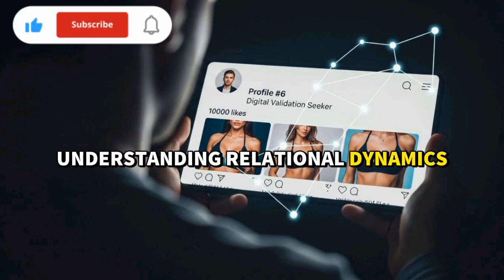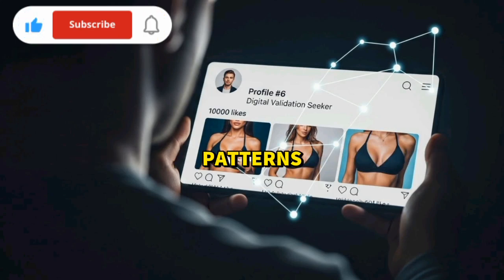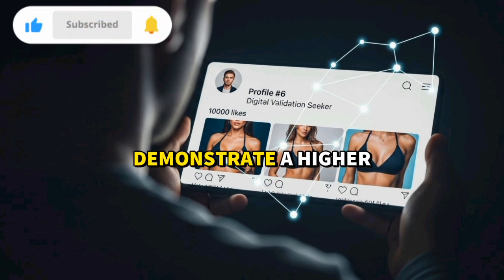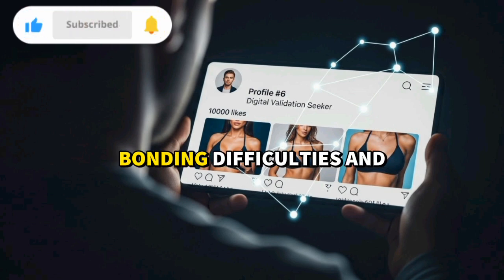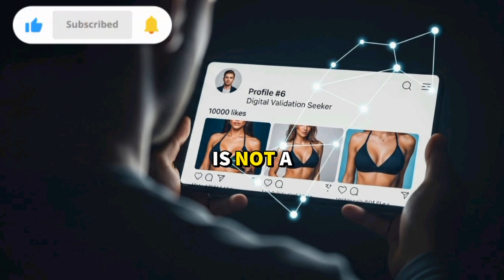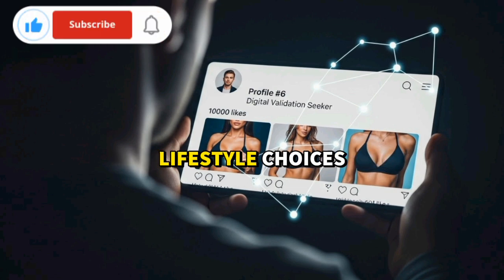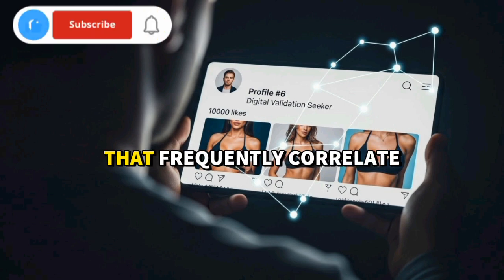Understanding relational dynamics requires observing consistent behavioral and historical patterns. Certain profiles demonstrate a higher statistical probability of relational instability, bonding difficulties, and resource depletion. This analysis is not a commentary on personal lifestyle choices, but a strategic examination of identifiable trends that frequently correlate